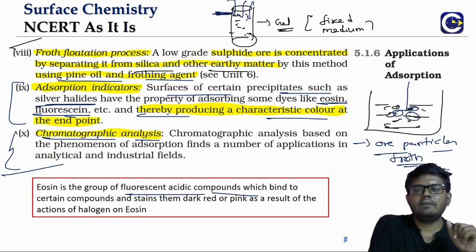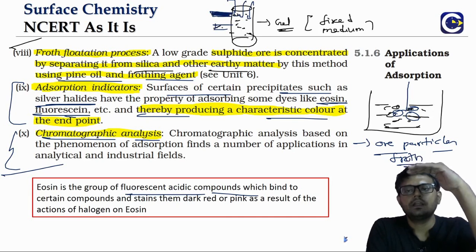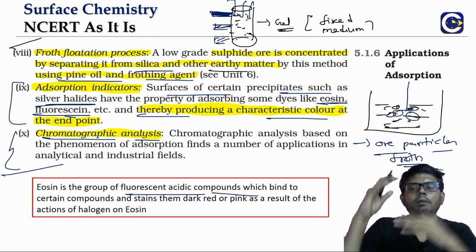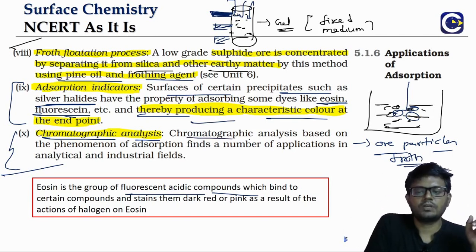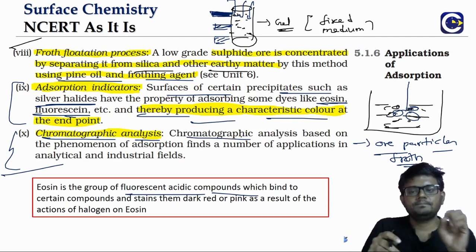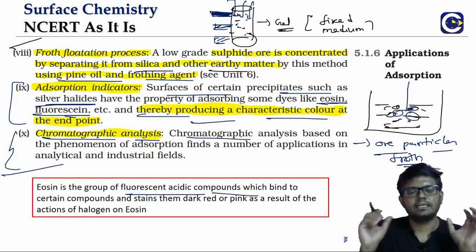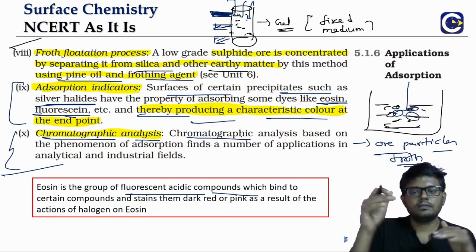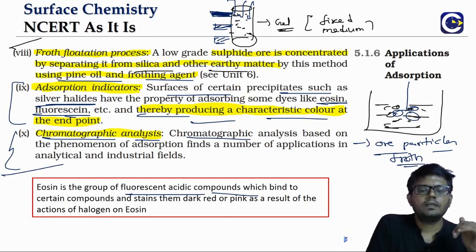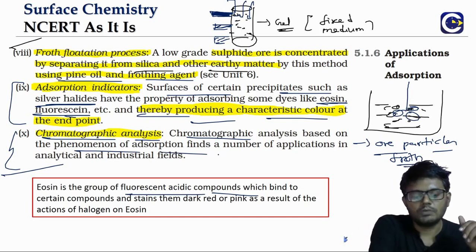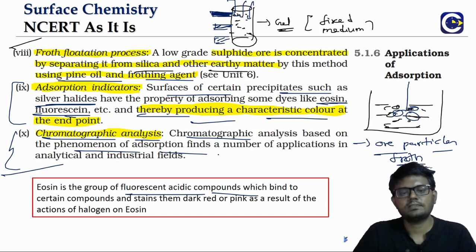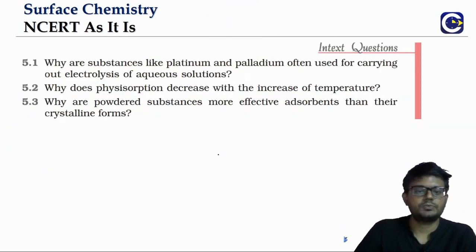Now, depending upon the level of adsorption, if the component is adsorbed more, that will be at the top layer. The ones that are adsorbed less will keep coming down. Thereby we will be able to separate the components. The word chromatography comes because it started with the separation of color dyes. But again, the process works on the phenomenon of adsorption, and in organic chemistry also we will talk about chromatography methods of separation. All this works on the principle of adsorption.